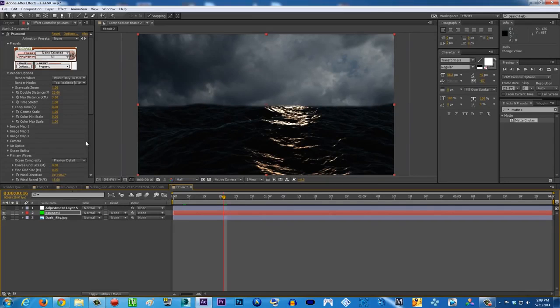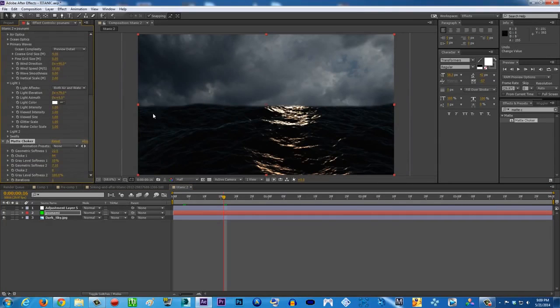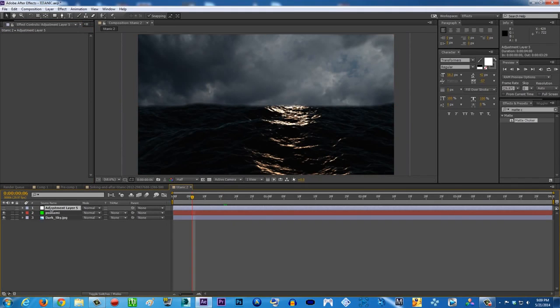That's kind of weird actually. Well, you're going to play with it. There you go. Gray level softness, geometric softness, chuck it a little bit more. There you go. Alright guys, so that's it. That's how I did the scene, and the rest is basically